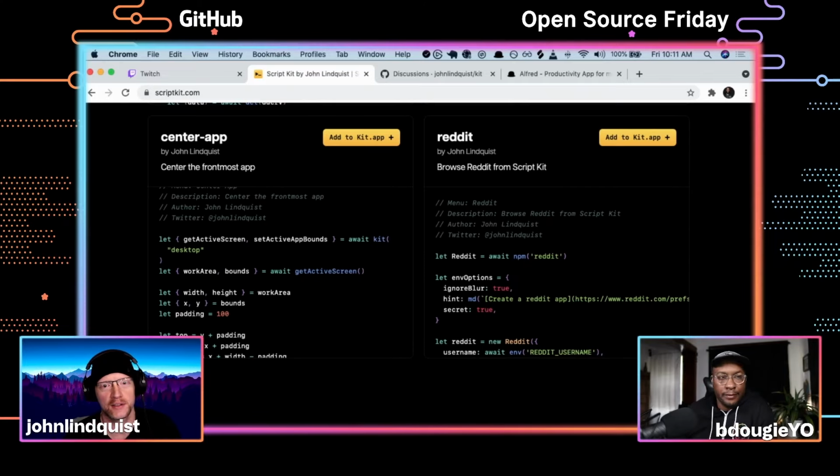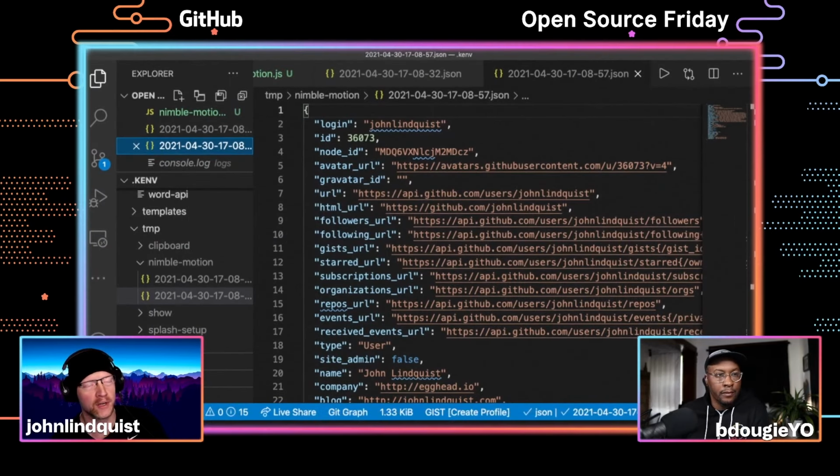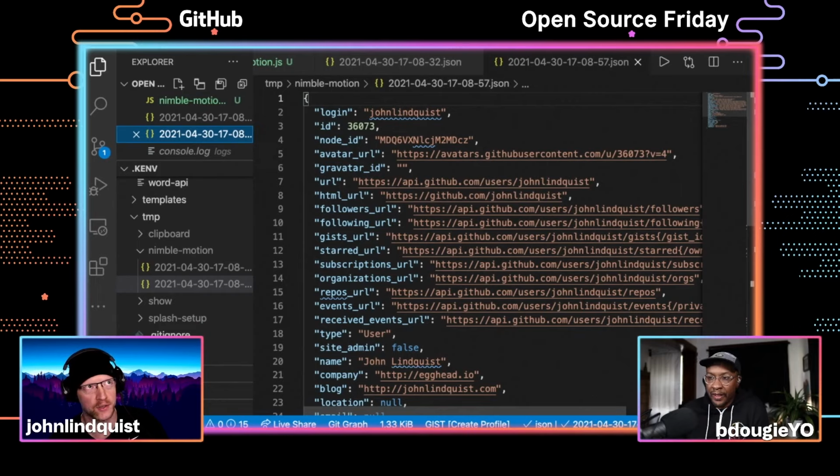So the comparison kind of ends at Alfred workflows, which have a limited, I mean, you could run any bash script from inside them, so I guess you could say it's unlimited. But this brings your scripts into the JavaScript ecosystem, any NPM package works, and sharing scripts is as easy as either copy and pasting it into a chat window, or you can generate share links. All that stuff is,